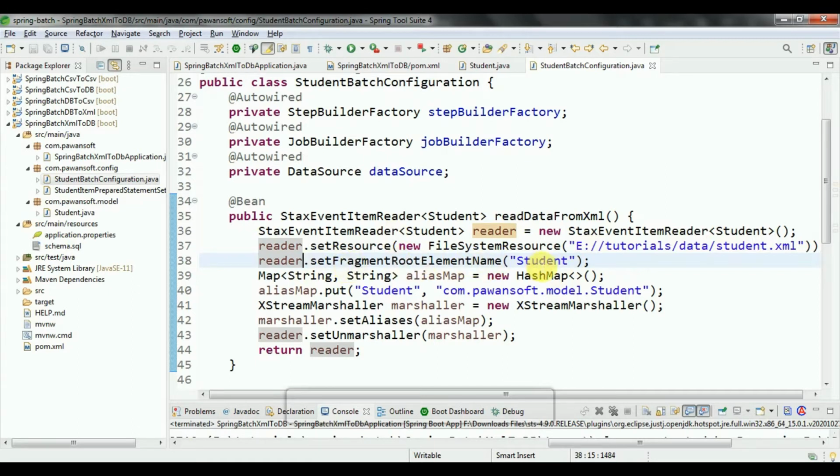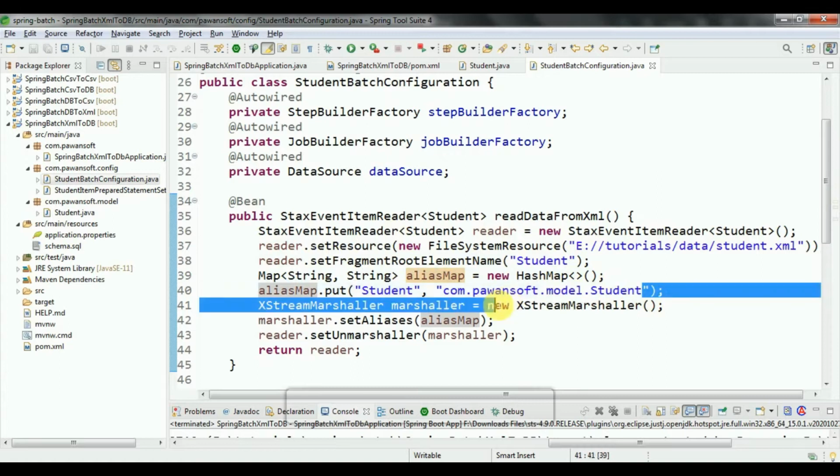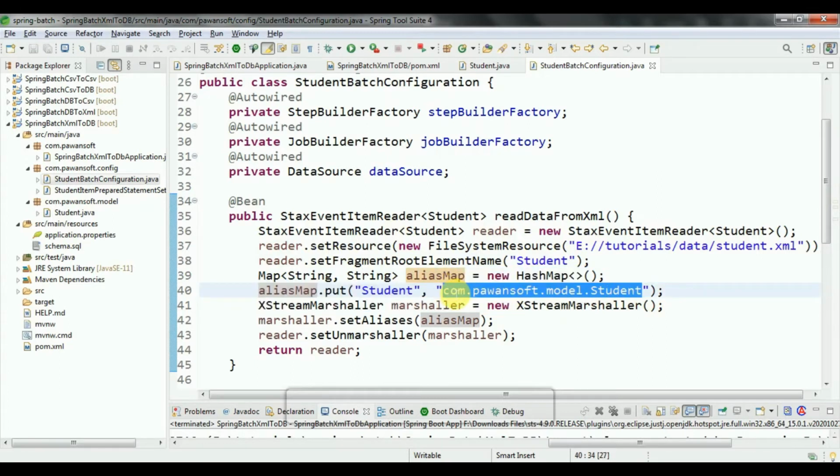This is the root element name, and this is the alias map. You have to create the alias map. Inside the alias map you have to put the model class with its fully qualified name, form.pawansoft.model.Student. Then create the XStreamMarshaller